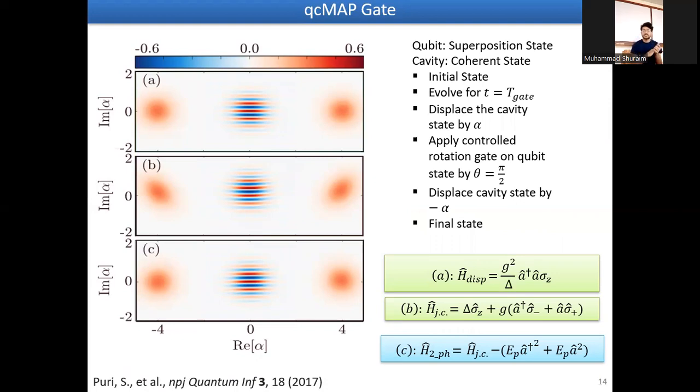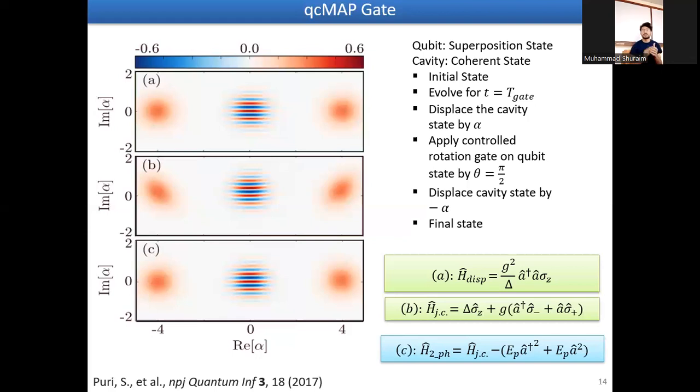In that, we introduce a superposition state, and the cavity state is a coherent state, and in the composite state, we evolve it through the dispersive Hamiltonian for t gate time. And we displace the cavity state with alpha, and then apply a controlled rotation gate. The controlled rotation gate is only applied when the number of photons is the vacuum state, 0. And we then displace the cavity state with minus alpha to return it to the origin,